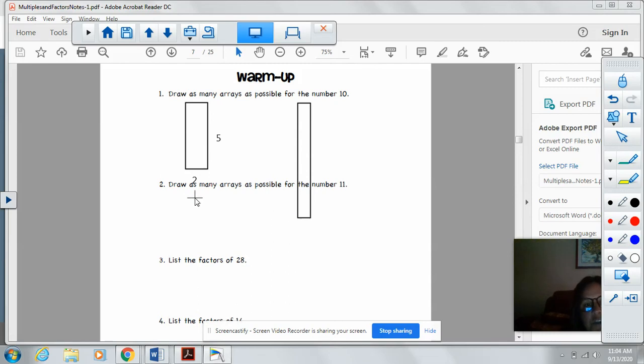Now they're asking us for number 2 to draw as many arrays as possible for the number 11. Well, we know that 11 is what kind of number? That's right, it's a prime number. Because it is a prime number, there is only one way to make an array using 11 tiles. That would be 1 by 11, which tells us that the only factors for 11 are 1 and 11, which means that 11 is